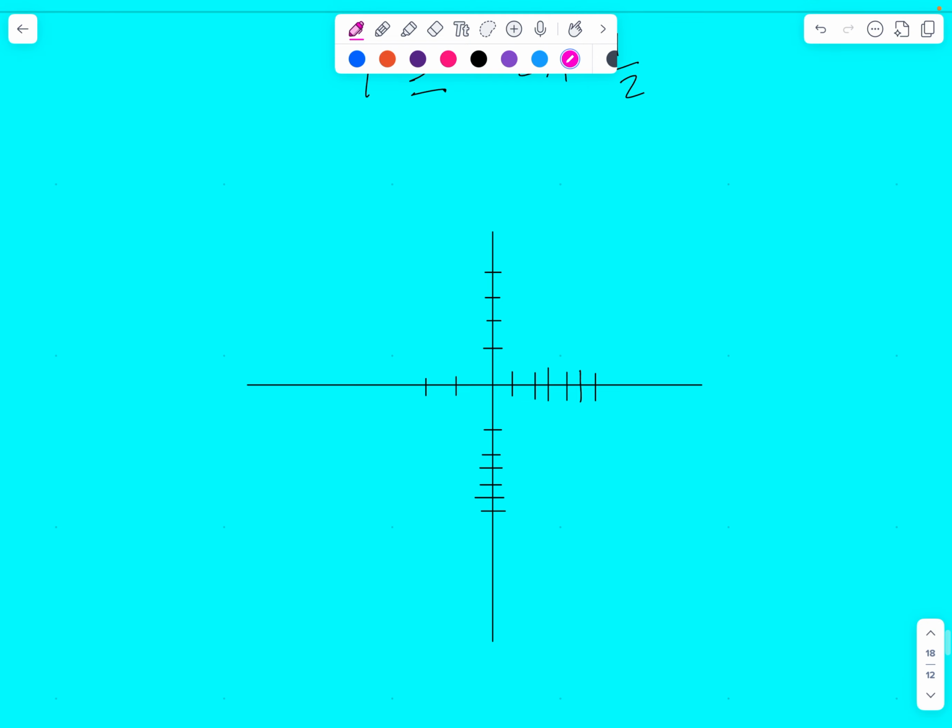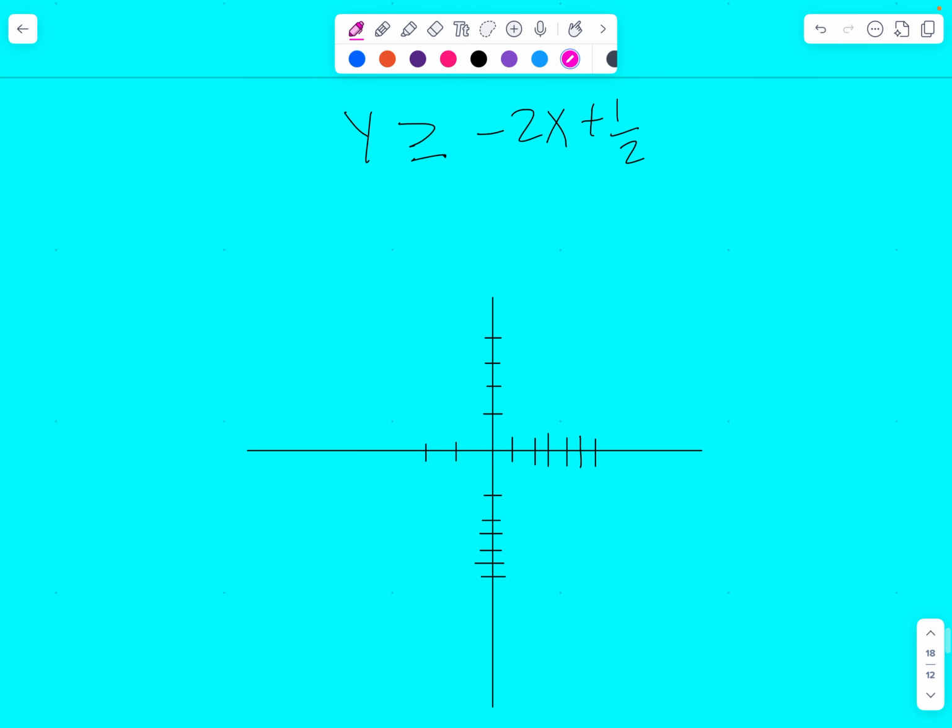Let's try this one. You have y is greater than or equal to negative 2x minus 1/2. What's your b? Negative 1/2. So we would plot right there. What's the slope? m is slope, which is negative 2. They just like to trick you with extra language that means the same thing. So I'm going to go down, but before I can go down,